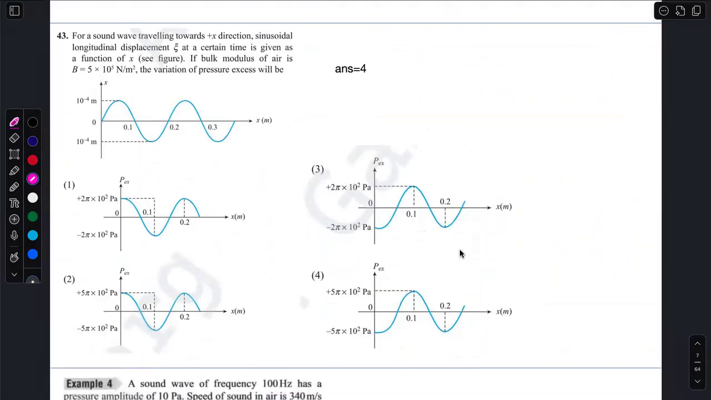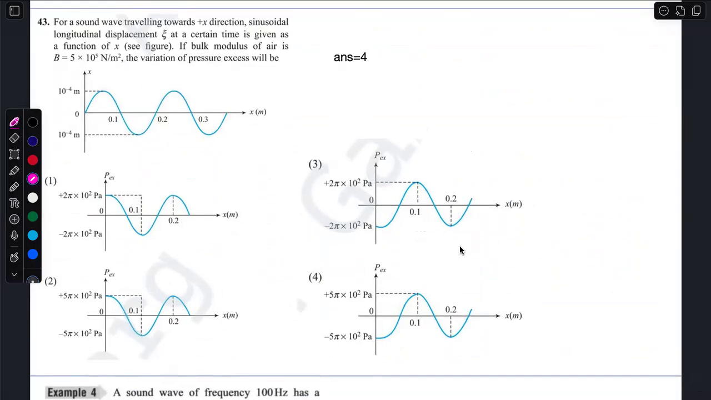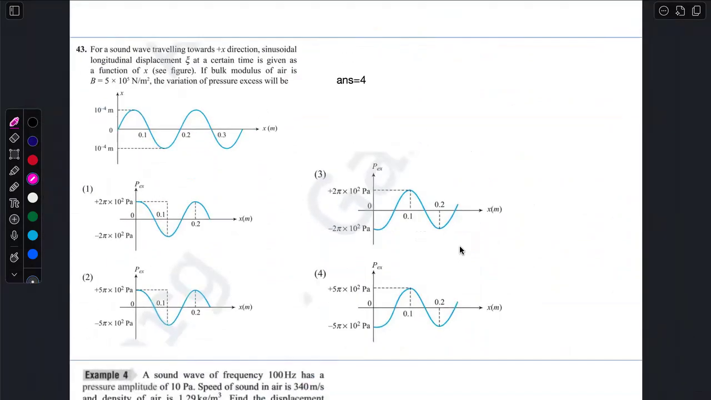Now see, already the answer is mentioned there. For a sound wave traveling towards the positive x direction, with sinusoidal longitudinal displacements, in the place of that symbol you take y, for example. At a certain time is given, it is a snapshot. The bulk modulus of the variation of pressure excess is... Now, please tell me what is